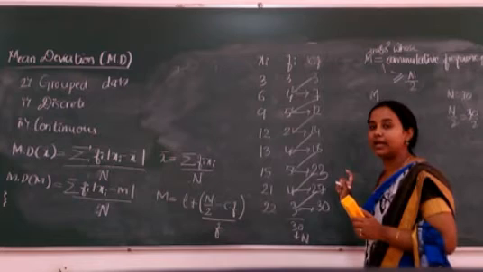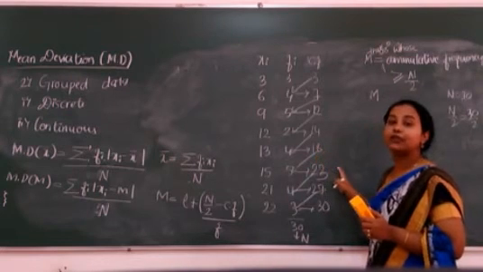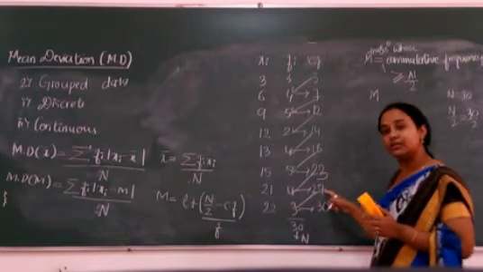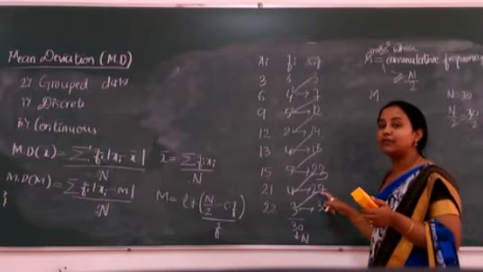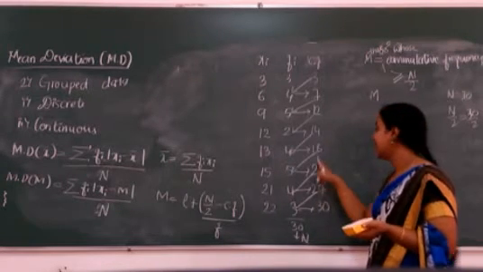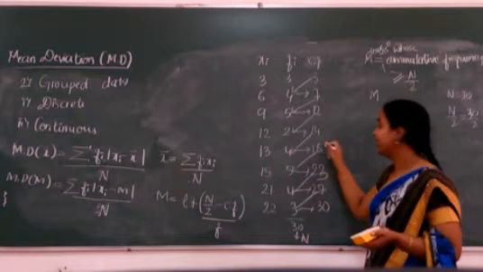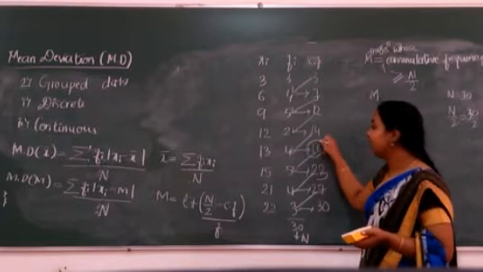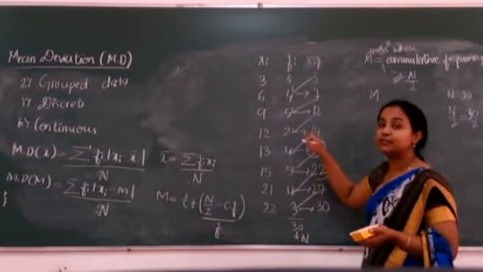It is not equal, but it is almost near to 15. You can see even all the remaining terms are greater than 15, but we will take the one nearing 15. So which is nearing to 15? 18. So now we found the cumulative frequency, but for the observation we are speaking.